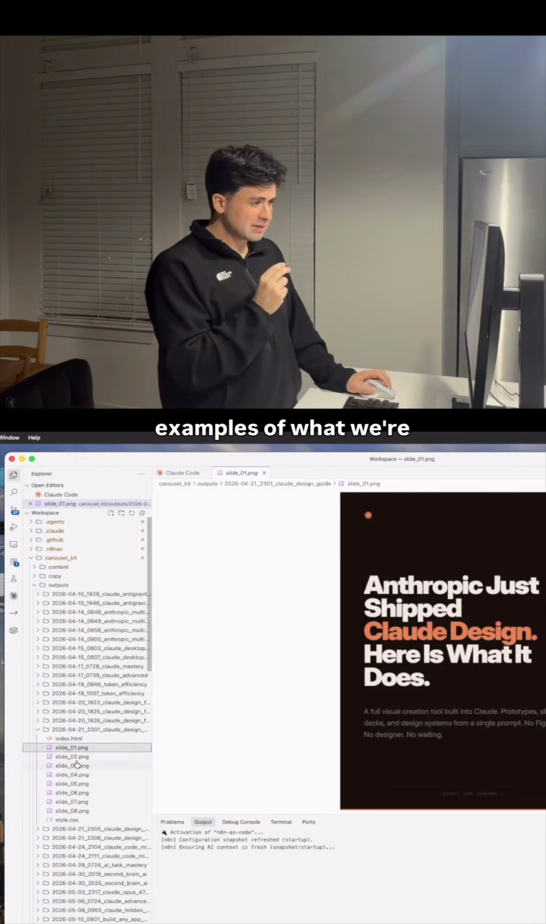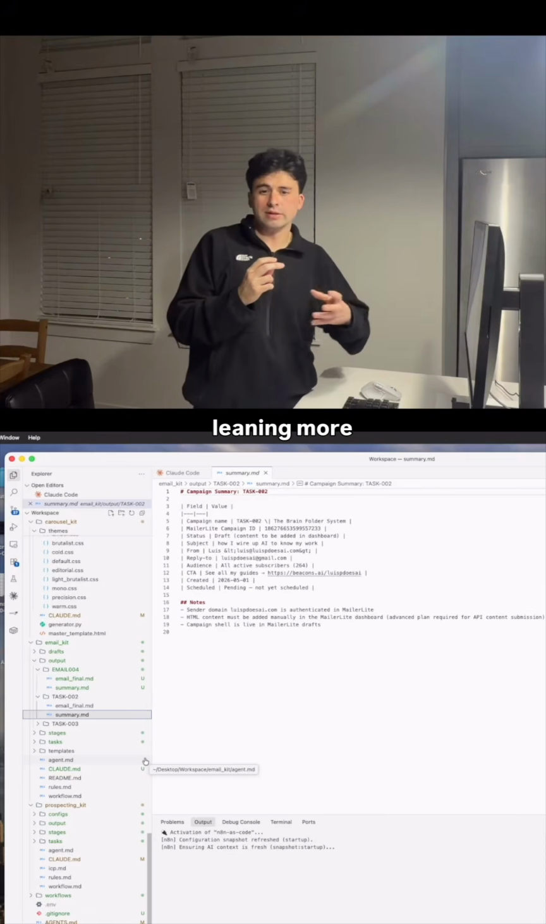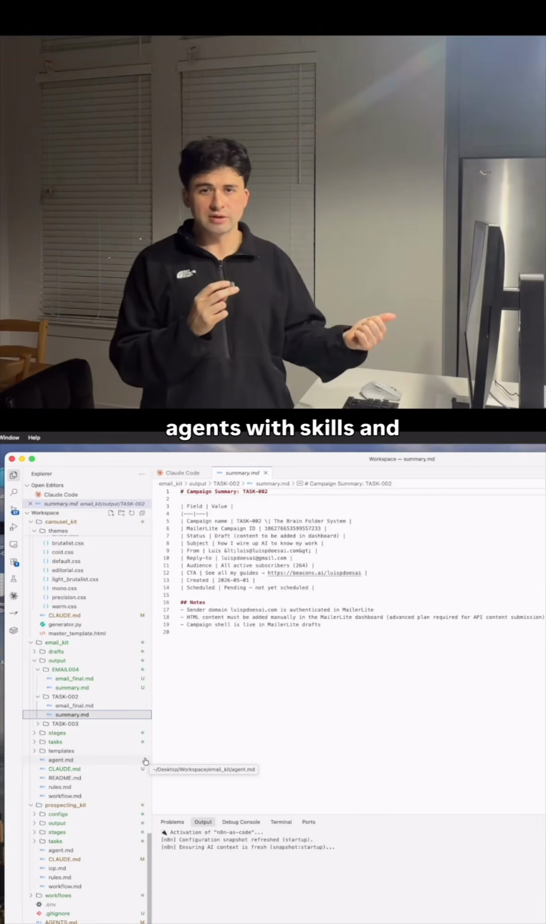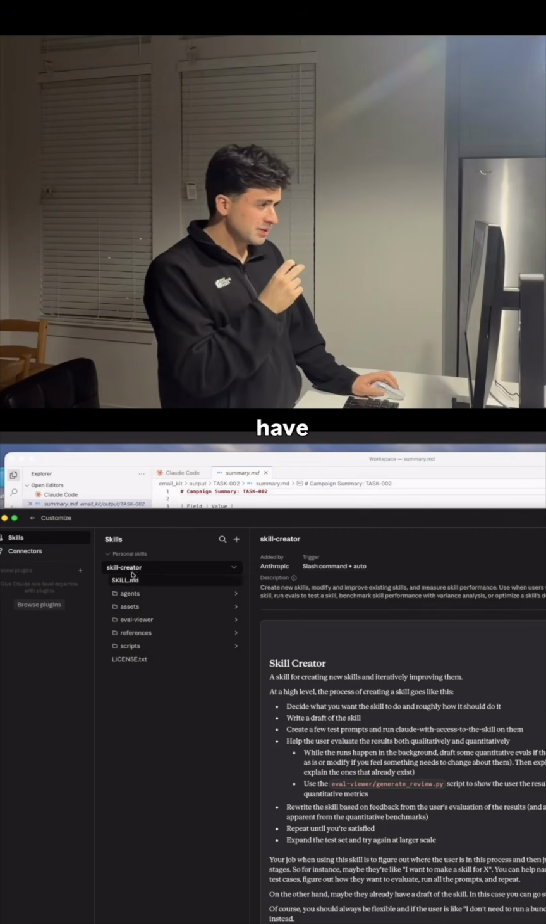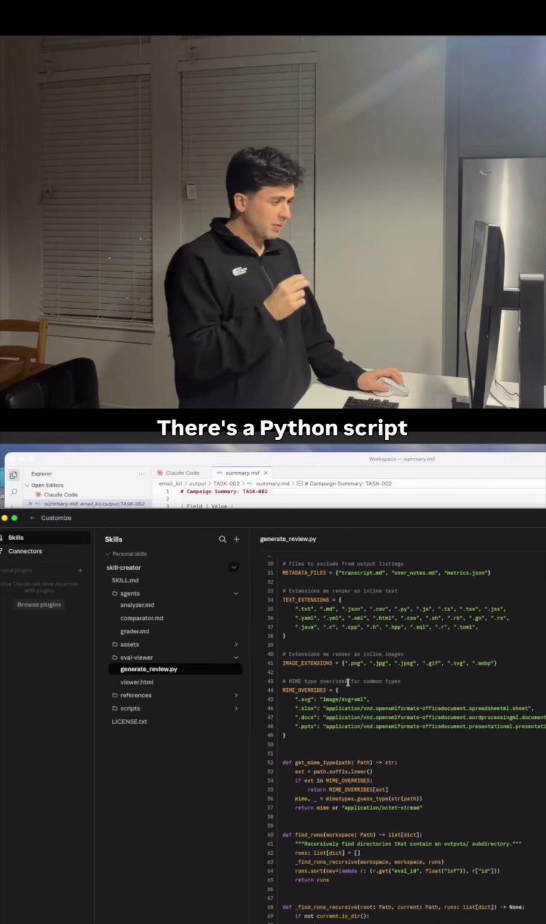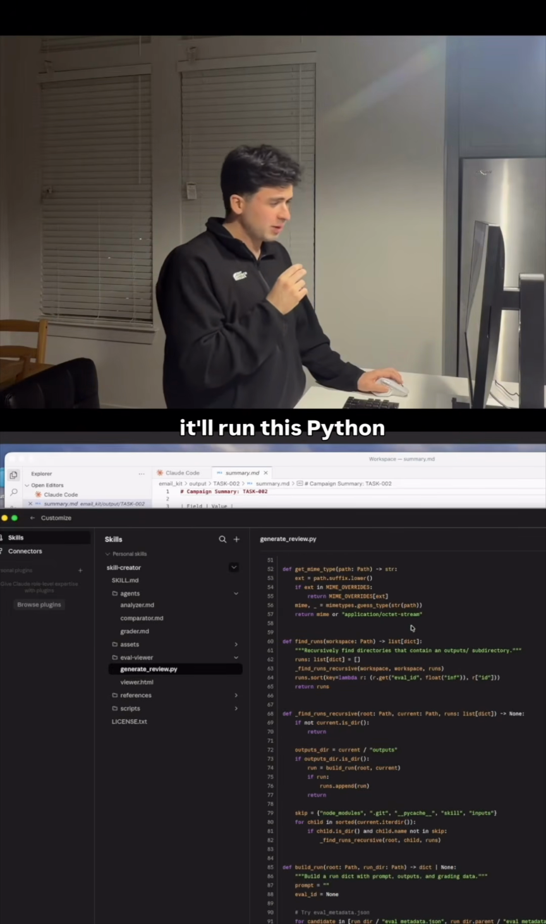Just to show you guys examples of what I'm able to create just inside this folder. Using it this way, we're leaning more towards the approach of how Anthropic is using managed agents with skills and instructions. This is Claude Desktop, and they have their skill section set up exactly the same. There's a Python script, so anytime you ask it to do this specific work, it'll run this Python script to get the